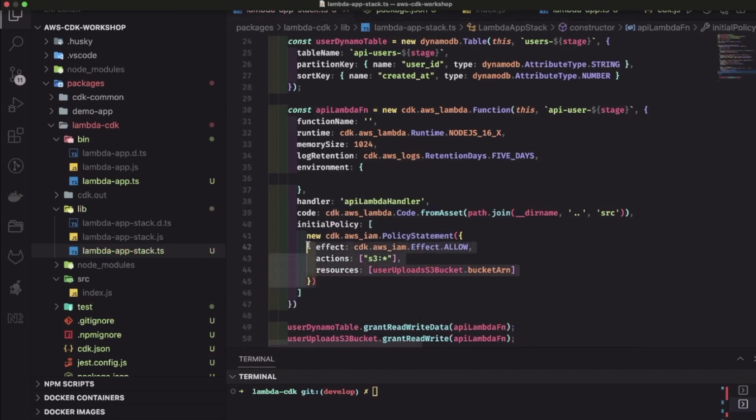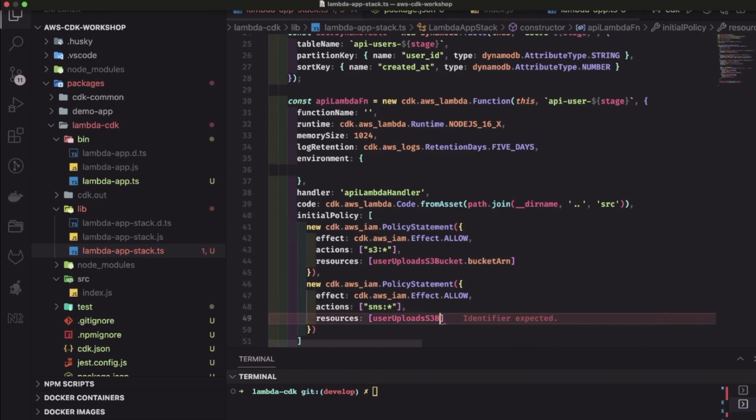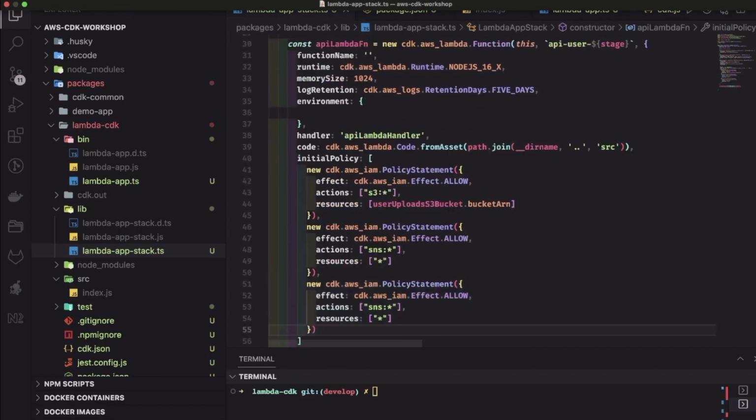And similarly, you can attach multiple policies. Here, let's say I'm talking about SNS. This Lambda function can send messages to all the SNS queues which are there in this account. If we don't know the topic, we don't know the ARN, then we can just specify a wildcard. That means it can send to all the SNS resources. And then